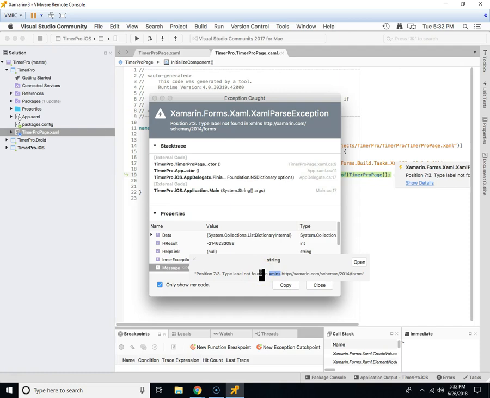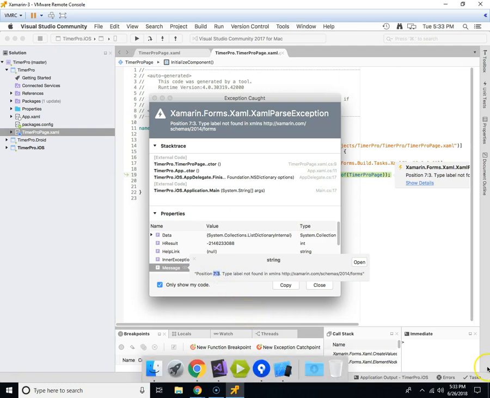So at that point, it makes it really, really easy to see that, oh, well, label is not capitalized. So for me, it's easy. When you're in the middle of it, you'll be like, I don't know what the heck this means. But basically, within XML, we have a schema, a set of rules, basically, is what it is. And this object, lowercase l, is different than capital L. So it's saying at